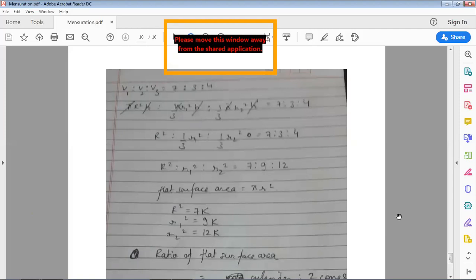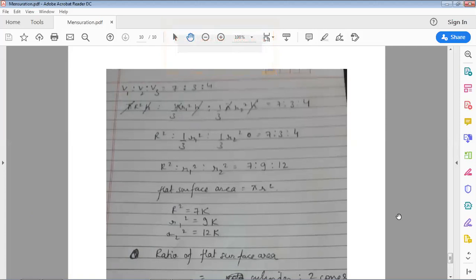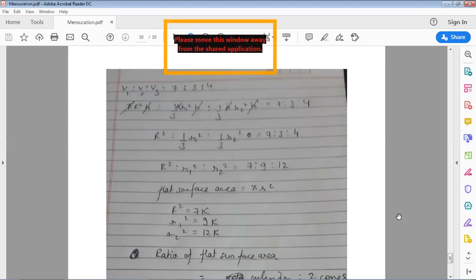Okay. The first thing is we read the first part of the question that is saying a solid metal cylinder of 10 centimeter height and 14 centimeter diameter is melted and recast into two cones of proportion of 3 is to 4 volume, keeping the height 10 centimeter. So reading and interpreting this question, I get that the volume of the cylinder is 7 is to volume of the two cones, that is 3 is to 4. This is the ratio that I get from the first part of the question.